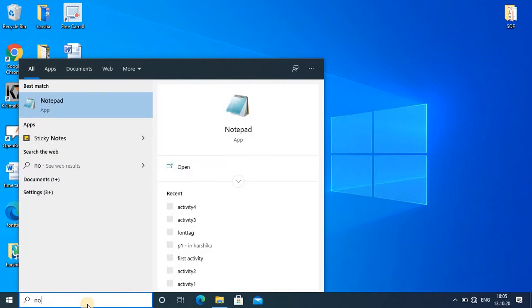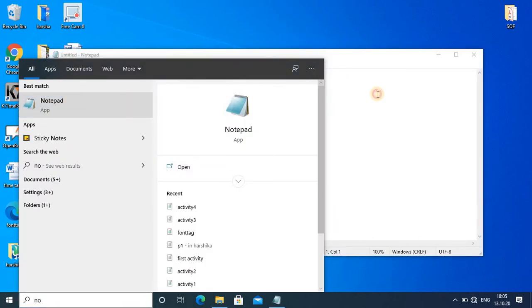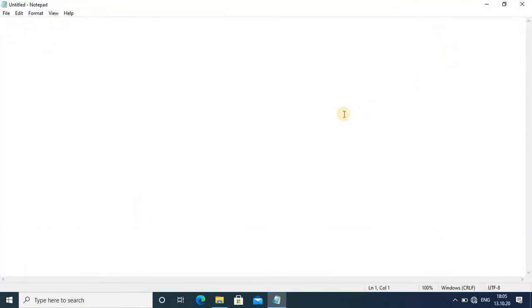So first you open your notepad. It is open and now start your coding as usual. The way you usually start, you have to write like that: HTML, and now the body part, and close your body tag.